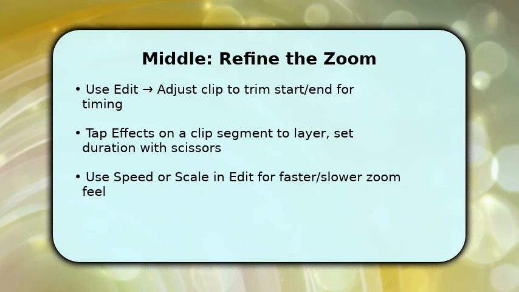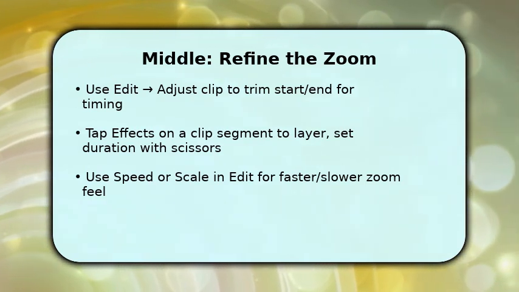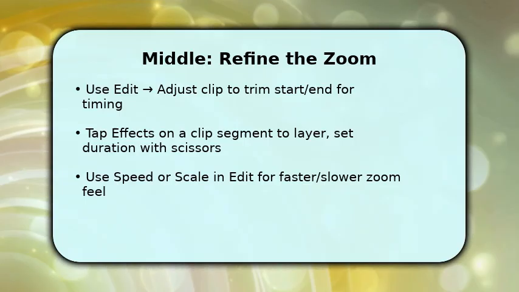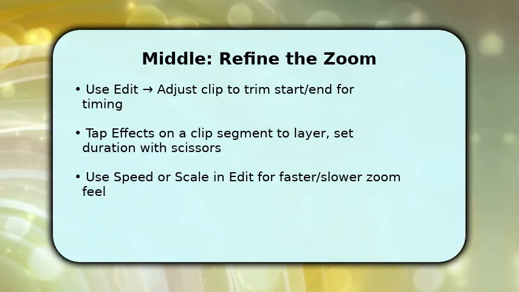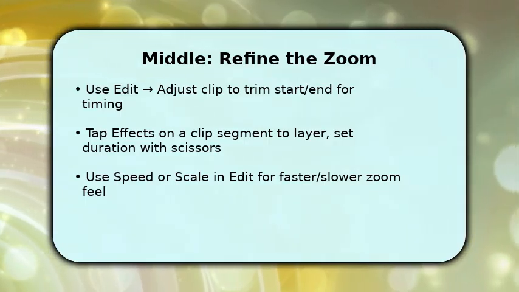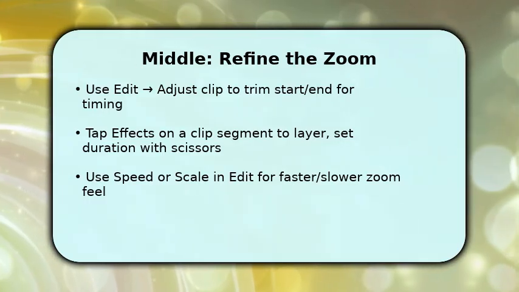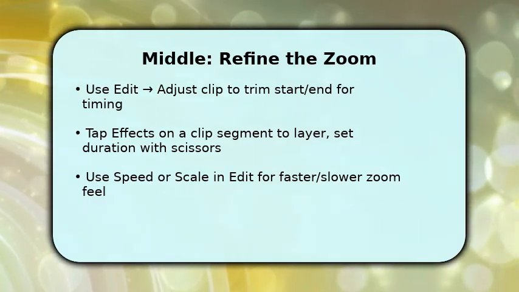Once the basic zoom is applied, refine timing and feel. You'll trim the clip to place the zoom where it matters. Go to Edit, adjust the clip handles, and position the zoom start. Then tap the applied effect on the timeline, set its duration with the scissors so the push-in matches the beat